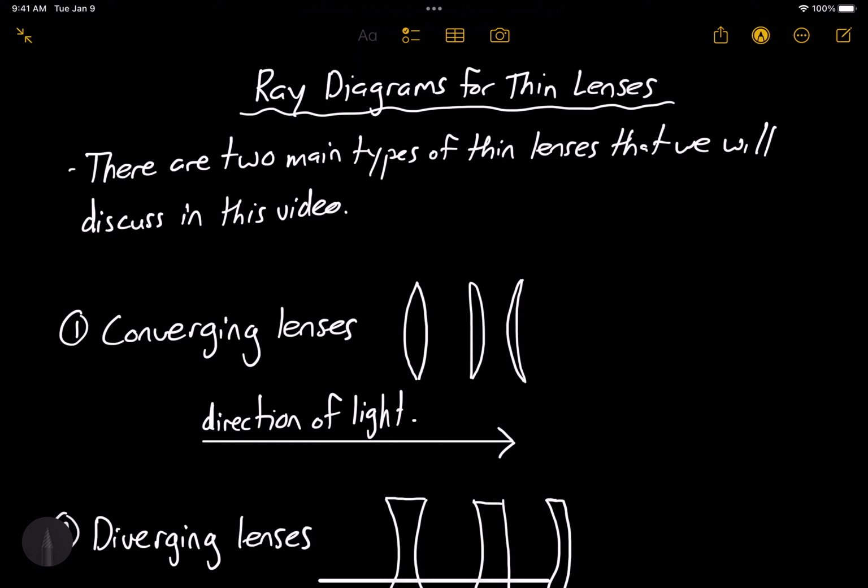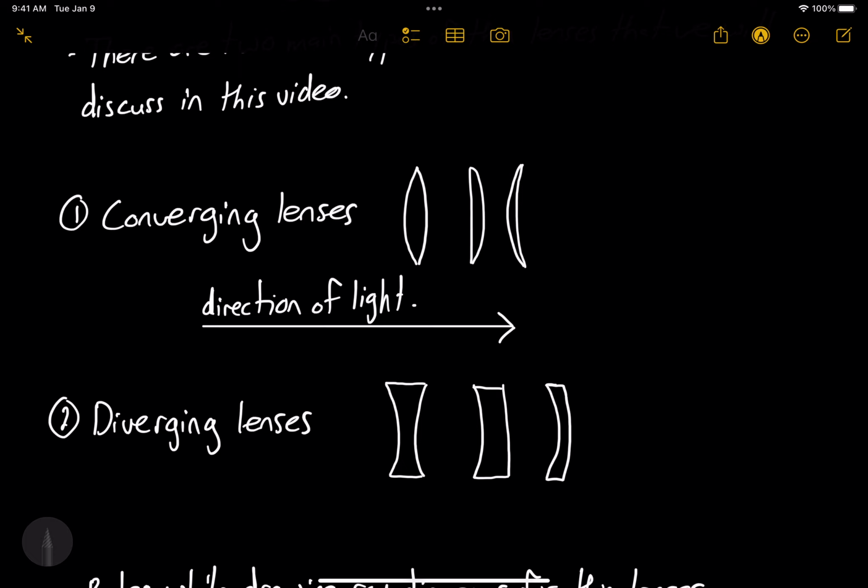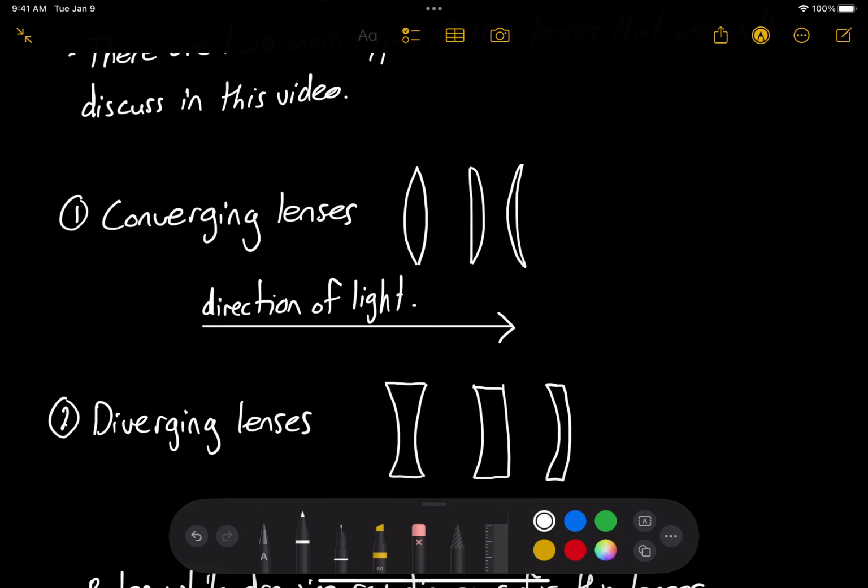So to start, there are two main types of thin lenses that we're going to discuss in this video. And number one, we have the converging lens. Number one is the converging lens. Okay, so this type of lens is going to make light converge once it passes through the lens. Okay, so unlike curved mirrors, this is considered to be a convex lens with the shape, and we have the